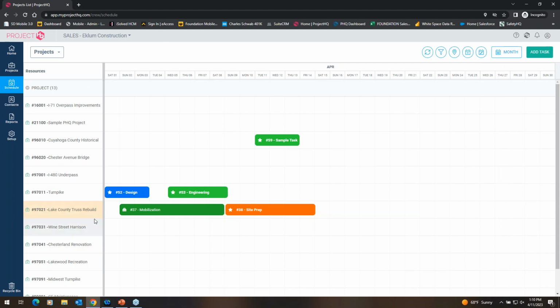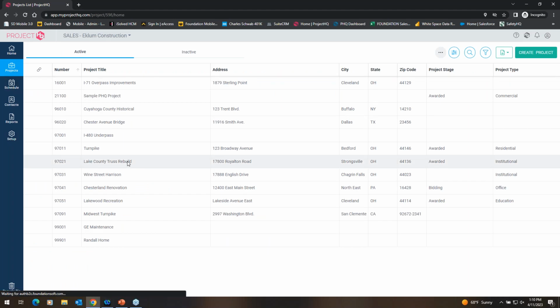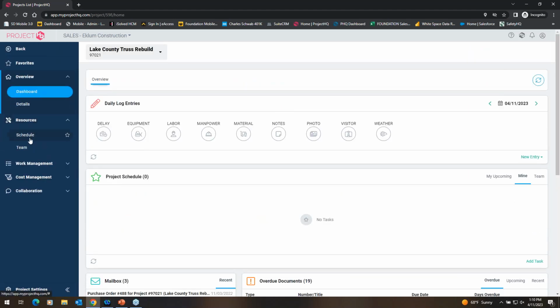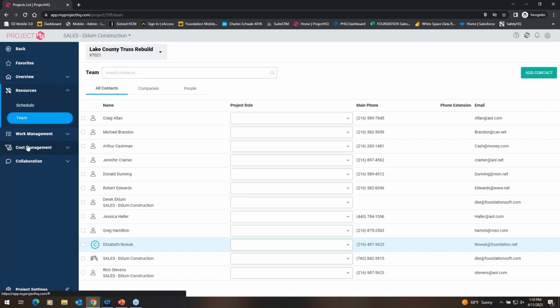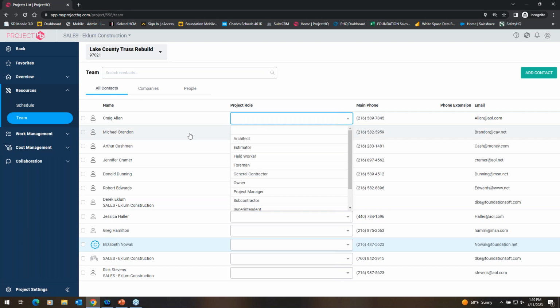But yeah, CrewHQ is the scheduling, resource management, labor dispatching part of the HQSuite platform. So that's just kind of a short overview of that. And then underneath that is a list of team members. This can also just be called a list of your contacts that you're dealing with on the job. So you can always set these up ahead of time. You can assign out project roles, or it can just automatically add to this list as you're sending out just